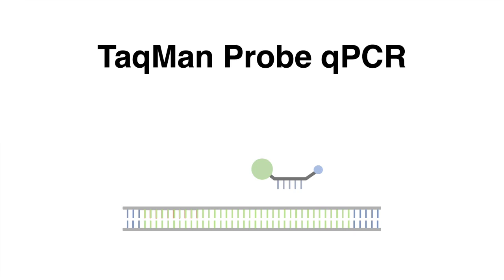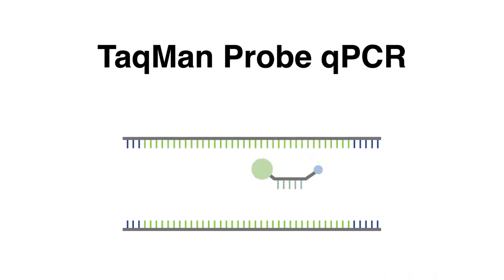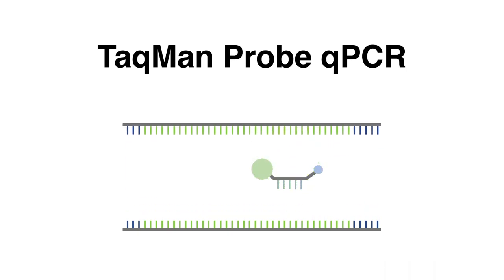In the TaqMan assay, short DNA probes are provided which are attached to a fluorescent reporter at the 5' end. The reporter activity is suppressed by the 3' quencher as long as they are in near proximity. The strands separate in the denaturation step. After this, the primers can bind and the TaqMan probes are designed to specifically bind in between the target sequence